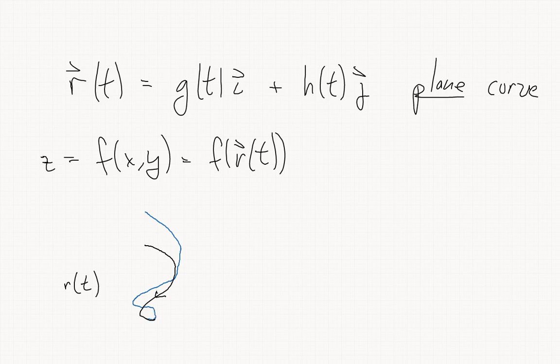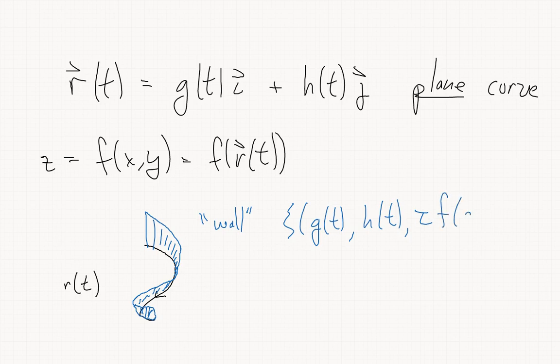In the examples, we can graph sort of the surface or wall along the curve. So this explicitly will be parameterized by g of t, h of t, and then tau f of g of t, h of t,